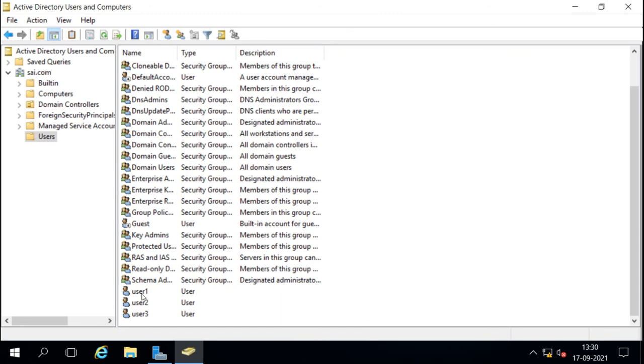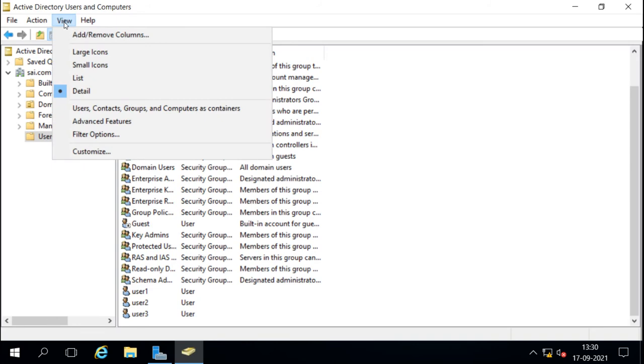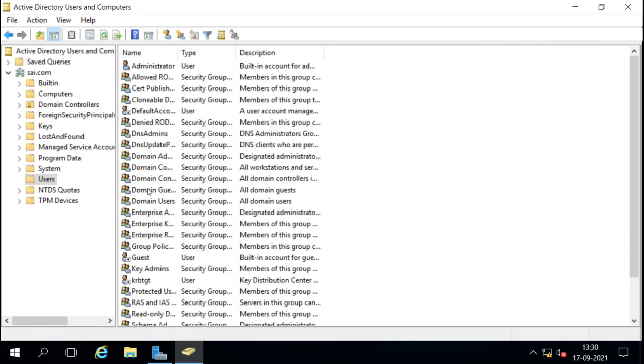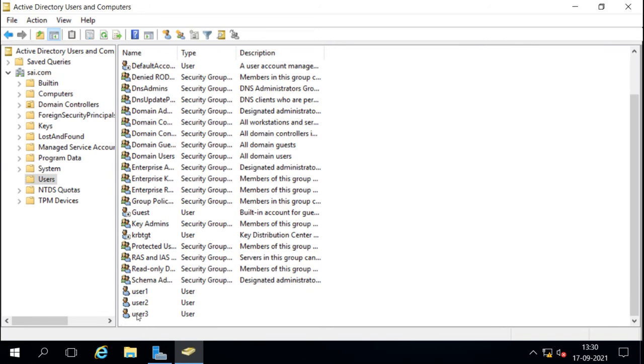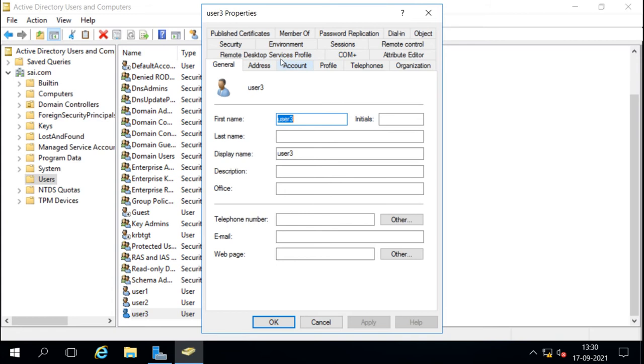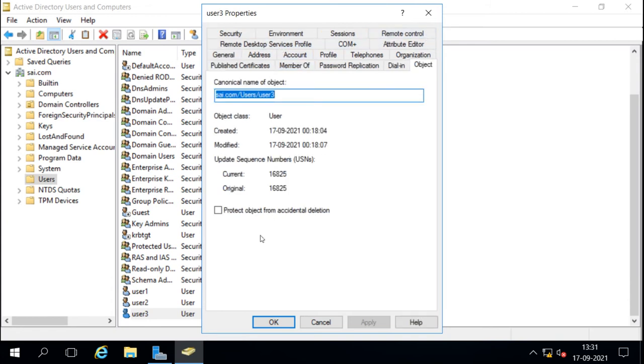The information is updated to all the domain controllers because of this unique object ID. We can see that if we go to advanced features. In the advanced features, when we go to any object, for example this user's properties, here we can see the object tab, and in the object tab we can see this update sequence number.